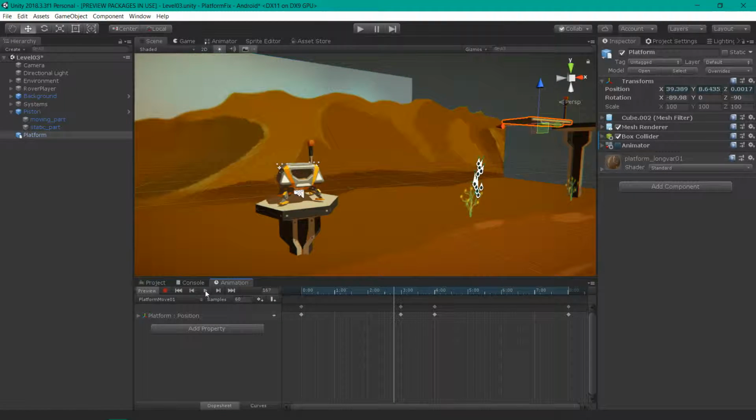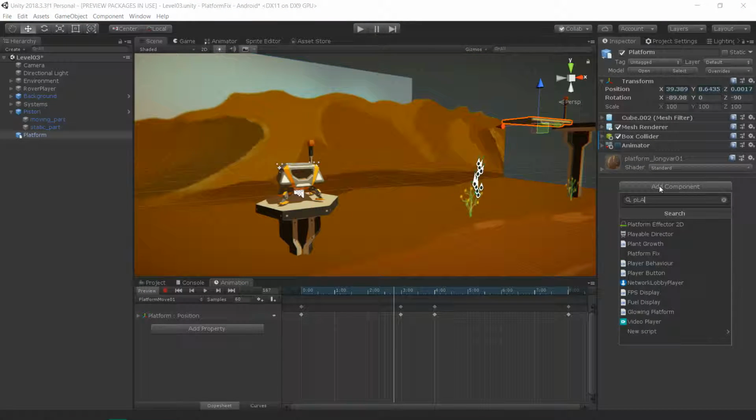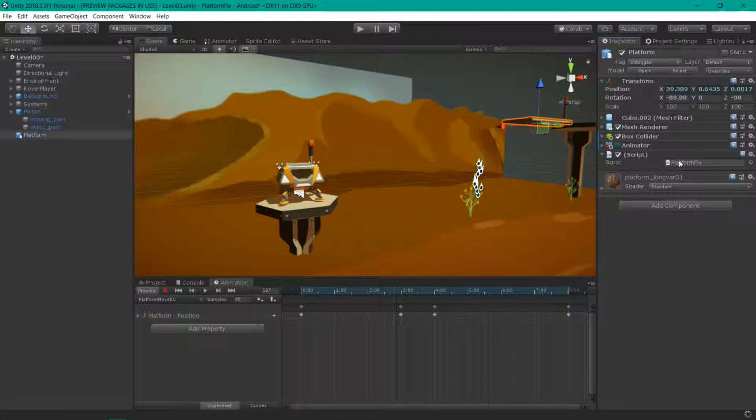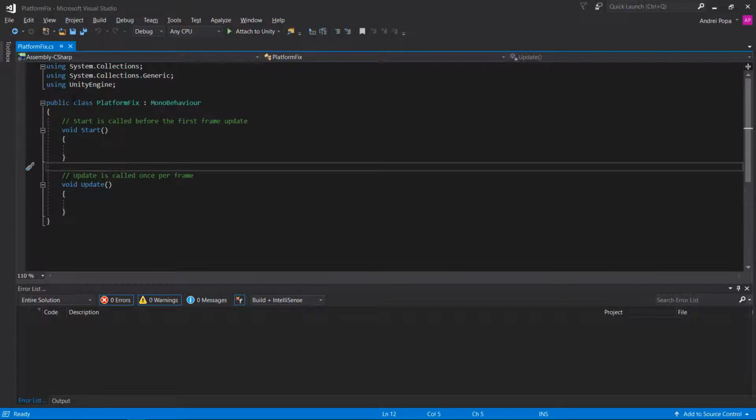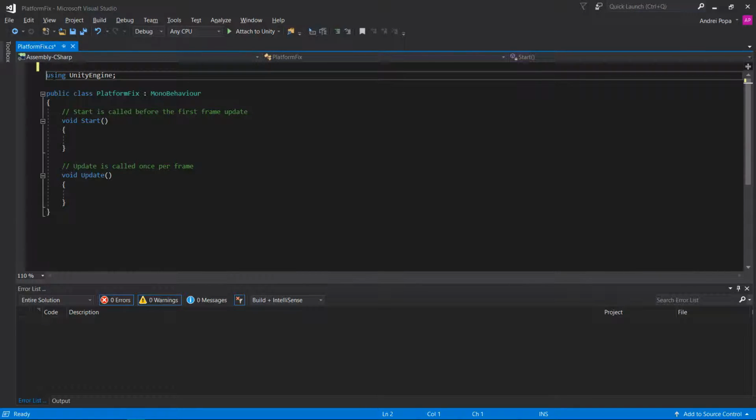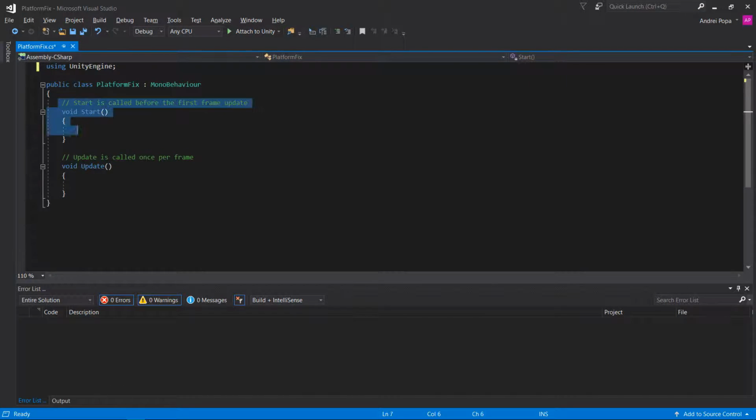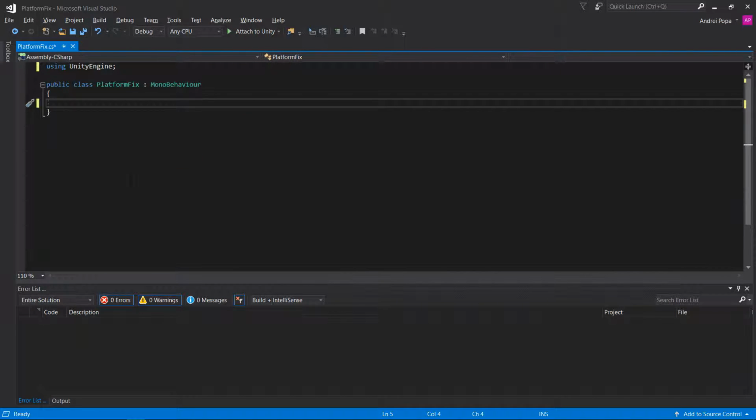Let me first stop this one. We have to add a new script that I'm going to call platform fix, new script, create and add. Double click this one, and first I'm going to delete those two using tags. We don't need those. Also, we don't need the start function or the update function, so we need to parent